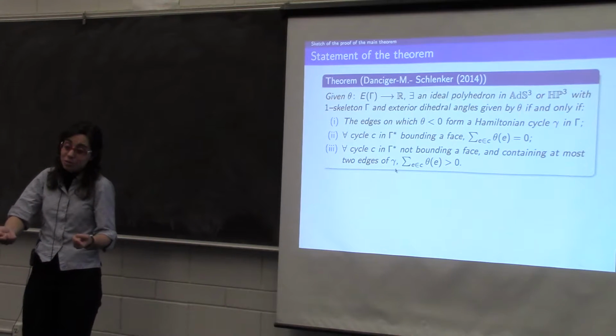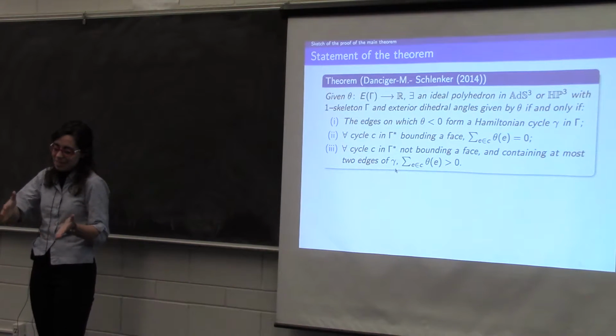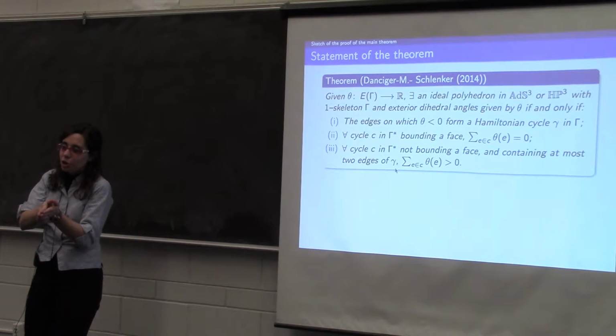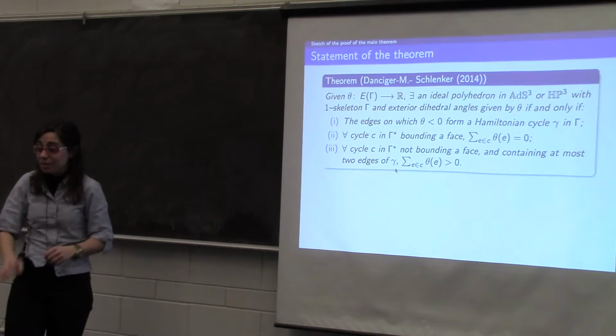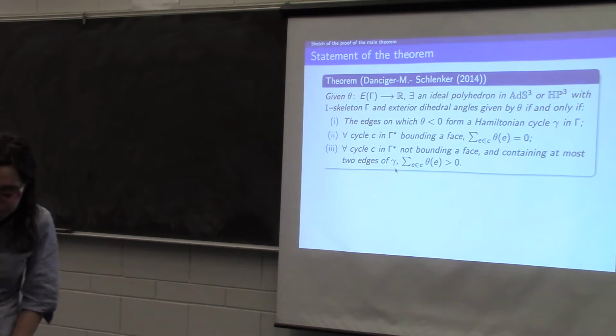So what we do in hyperbolic geometry sometimes is proving that something is a local homeomorphism, proving that it is proper, and then trying to show by hand that it is degree 1. Okay, so